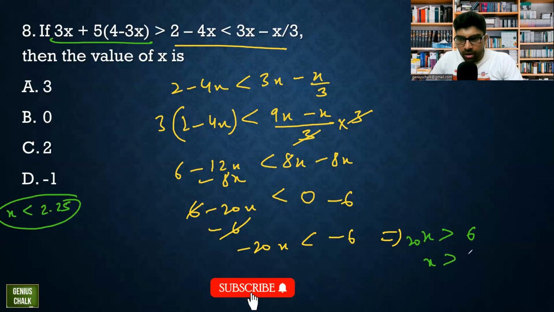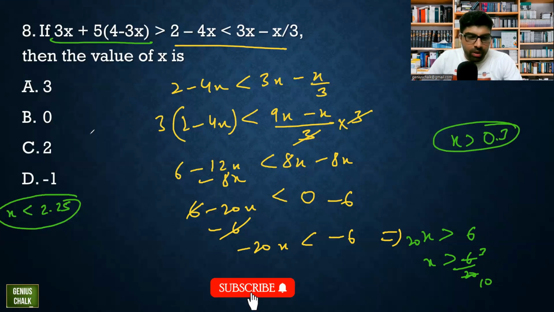So this is x is greater than 6 by, is it 6? 3x minus x by 3. 9x. Okay. 6 minus 12x. So this is 20x. Fine. 8x on both sides, minus 6 on both sides. So 6 by 20. So here it will be like 3 by 10. So x is greater than 0.3. So we have got this, that x is greater than 0.3,